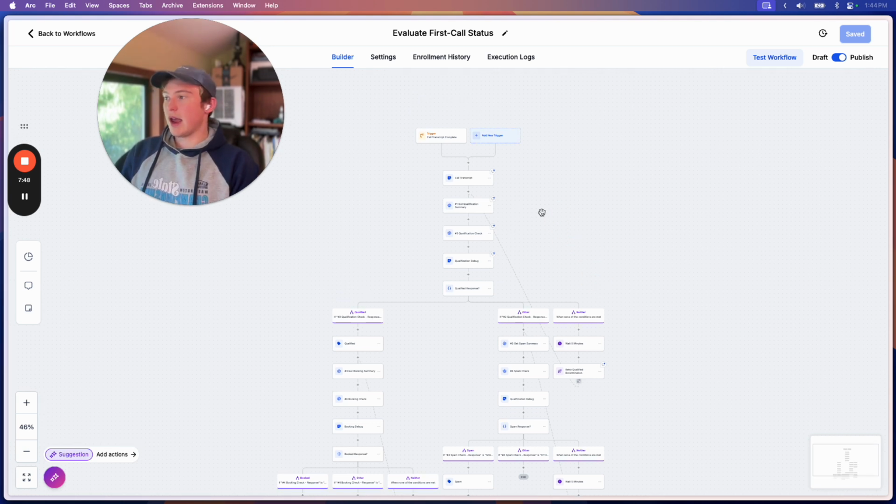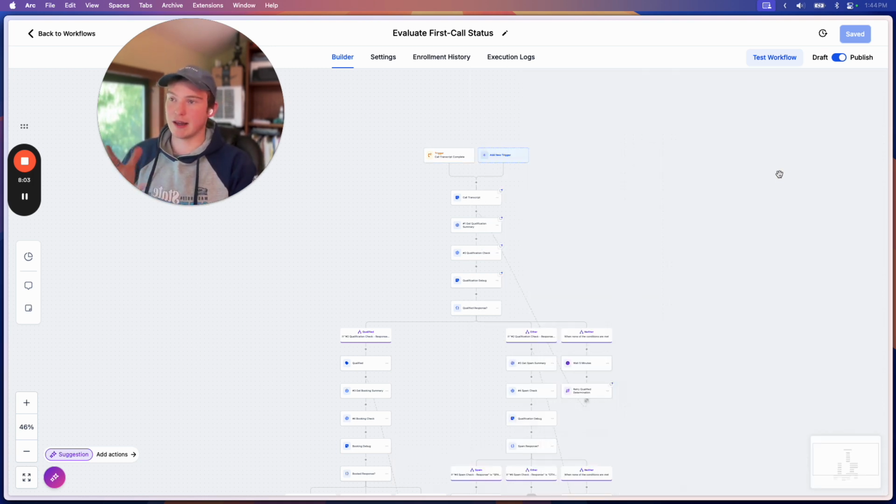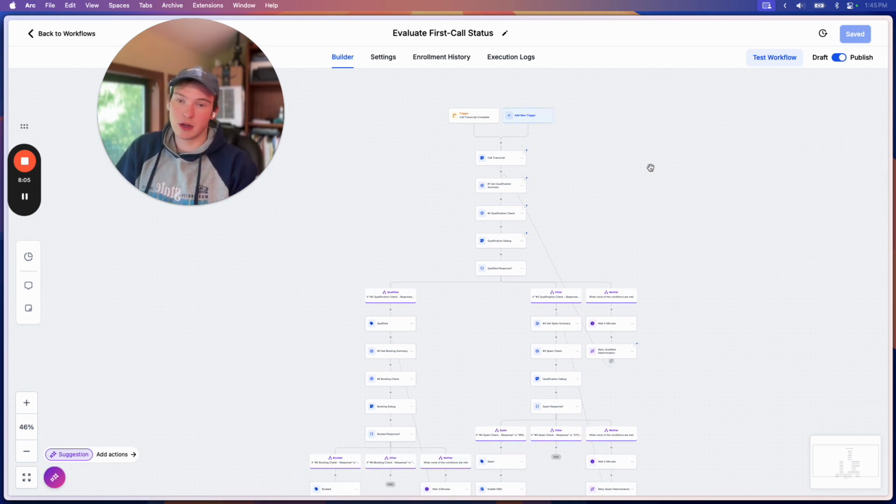Anyways, this workflow all hinges on my custom trigger, which basically gets that transcript. I said this before, but I'll leave a link below where you can install this app or check out the documentation for this workflow, and then I'll have a snapshot there when you install this app where you can get this workflow, or you can just build it yourself.